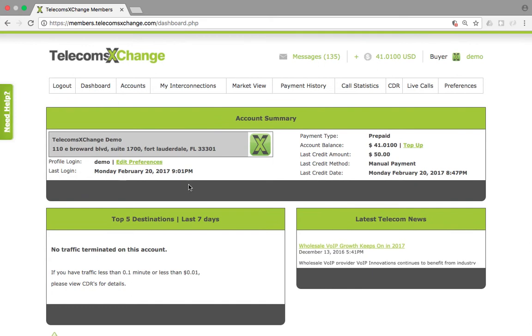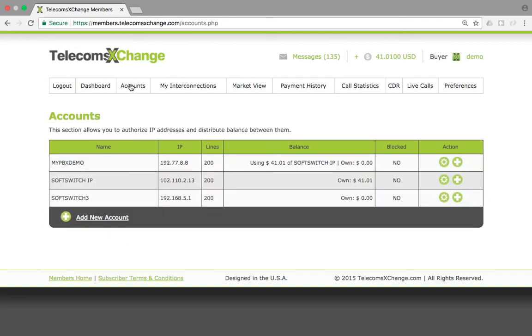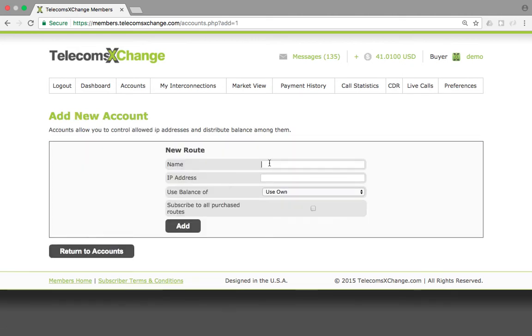So the first thing you're gonna do is authenticate or whitelist your IP addresses in order to be able to send traffic to a carrier through TelecomsXChange. To do that, you're gonna head to Accounts, and you're gonna add your new IP addresses here, and it's very simple. All you have to do is just click on Add New, give it a name, for example